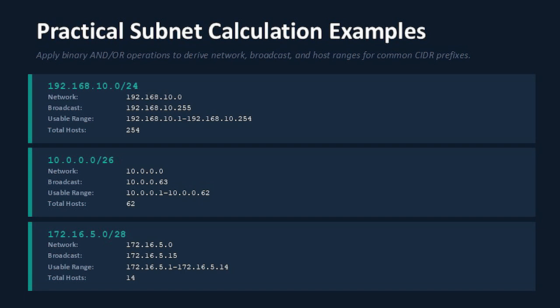Looking at 10.0.0.0/26, notice that 26, even though the number is bigger, is actually going to be a smaller network. And so the network is 10.0.0.0. The broadcast, which is the highest value in there, is 10.0.0.63. And then the usable range is 10.0.0.1 to 10.0.0.62, for a total of 62 possible addresses that you can assign in that network. And then finally,